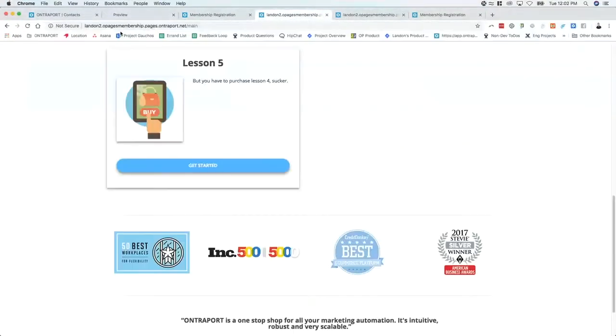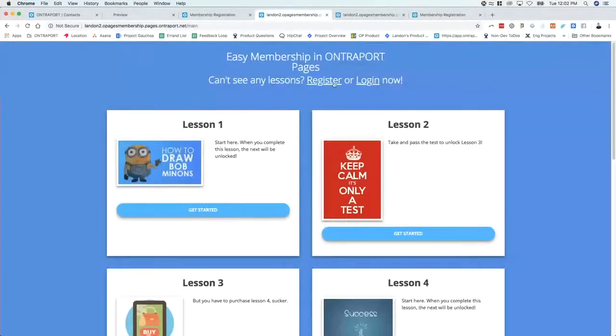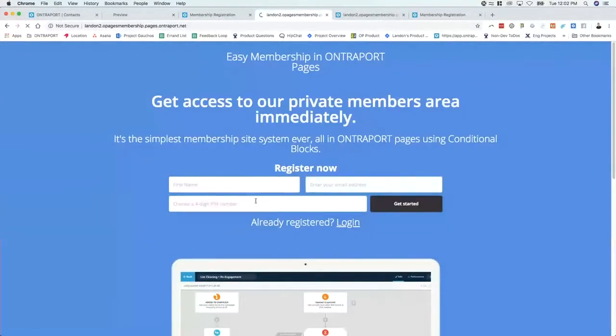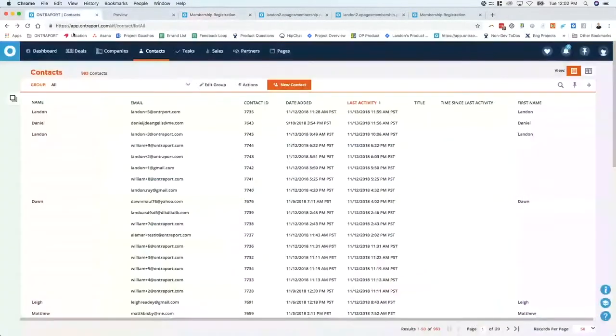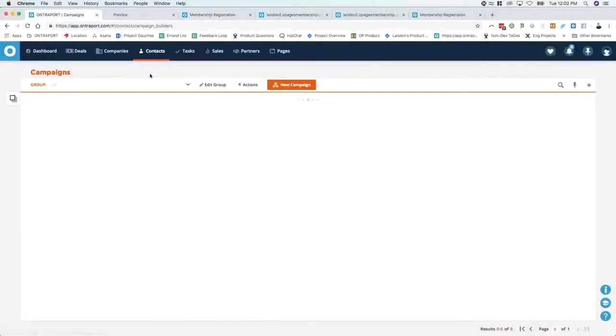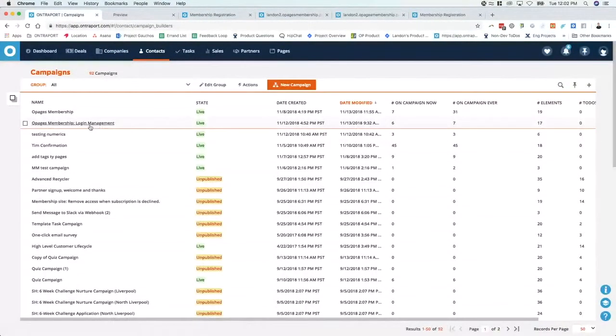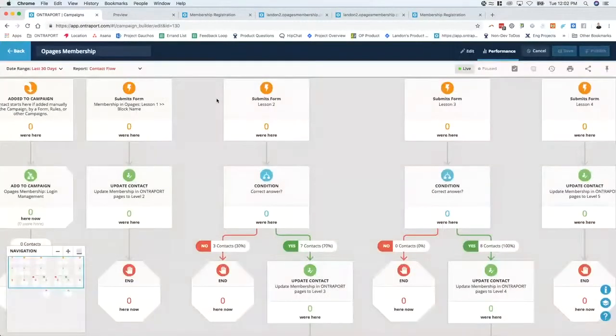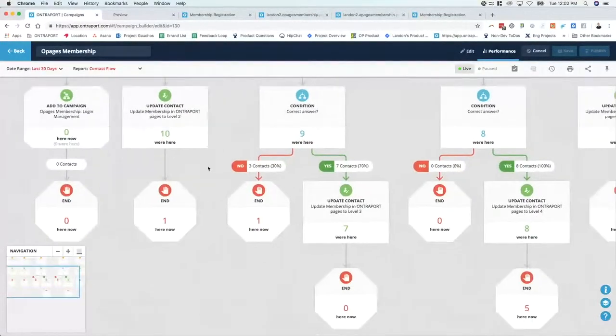Obviously, you could make this much more robust. Instead of just letting people click here to register, you can make this an order form and only add the tags if they have purchased a product. That would be an obvious thing to do. Of course, you could also go into these campaigns, and for the membership stuff, you could add in a bunch of emails here. Hey, you haven't completed